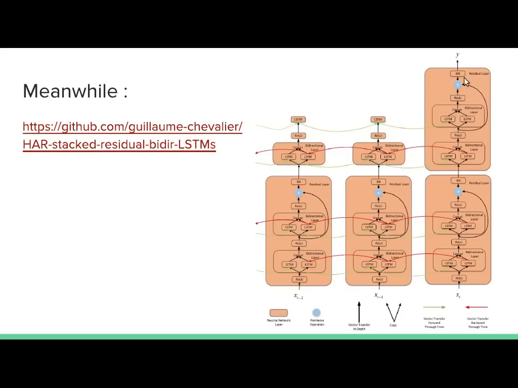But here, just notice our model was bigger than that, because here we show two stacked blocks, each having two LSTM layers, which are bidirectional. But in reality, we had three LSTM layers, so we had two additions, another one for another layer. And we had three of those blocks stacked together. So it was 18 layers of depth, and it's bidirectional, so there was twice the number of LSTM cells in that,